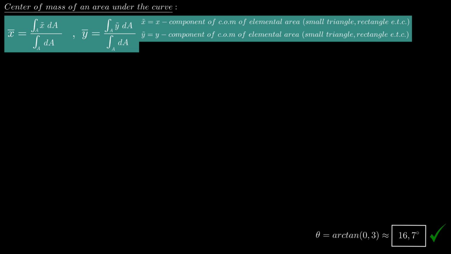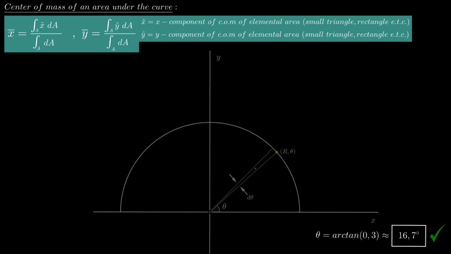You'll understand it as we use it as an example on our semicircle. So we'll use the formula to find the center of mass for the semicircle, but we won't be using Cartesian coordinate system here. We'll use polar coordinates in this case, as they lend themselves well to circles and semicircles. If you don't remember from Calc 2 or Calc 3 what polar coordinates are, in polar coordinates, instead of using